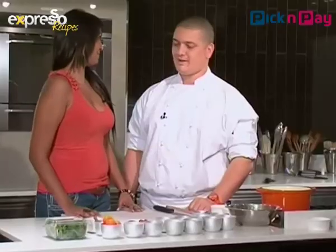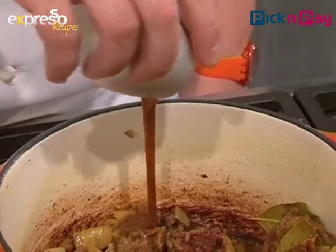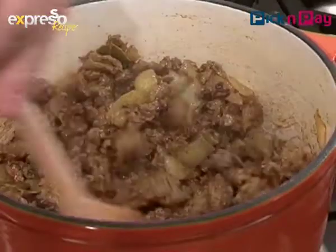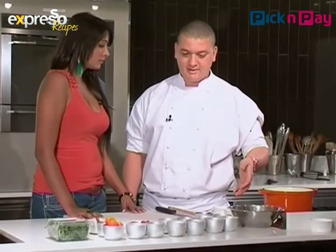So what's our next step? Okay, last but not least, we just need to add the beef stock. Because ostrich is not such a fatty meat, it tends to dry out very quickly, so we just need to add a little bit of liquid in there to keep it nice and moist. And then we're going to take the mix and put it into our ramekins, and for that we